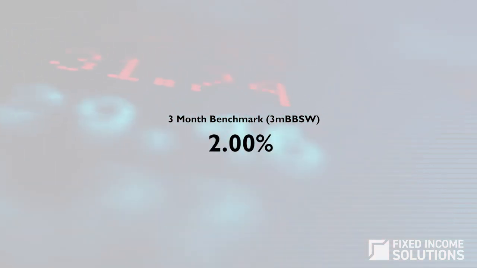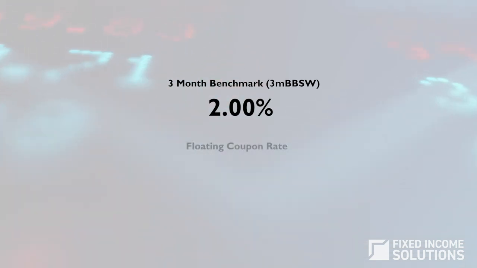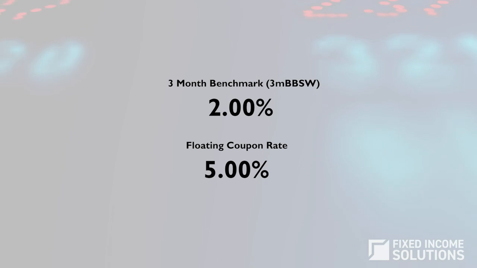These securities pay a fixed amount over the relevant benchmark, which in Australia is most commonly the 3-month bank bill swap rate. So a bond could be issued with a floating rate of 3% over the 3-month benchmark. This benchmark adjusts on a daily basis reflecting underlying interest rates. So if the current 3-month BBSW rate is 2%, then the bond pays 3% over the 2% rate for a